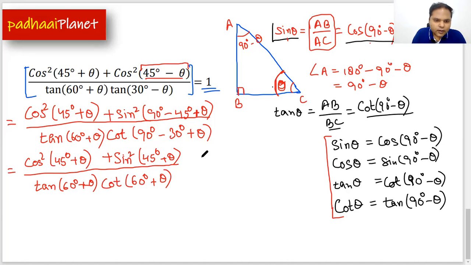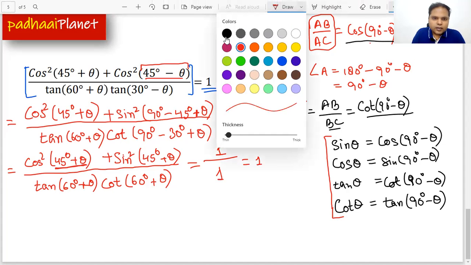Now it's very simple. This whole thing is just one angle. We already know that cos square A plus sine square A is equal to 1. It's a very simple relationship which we have been using in many questions of trigonometry. And this is like tan theta times cot theta, which is obviously equal to 1. So finally, we have proven that this whole expression is equal to 1, right?